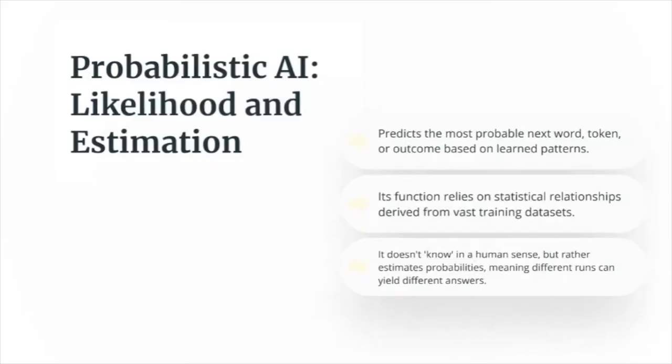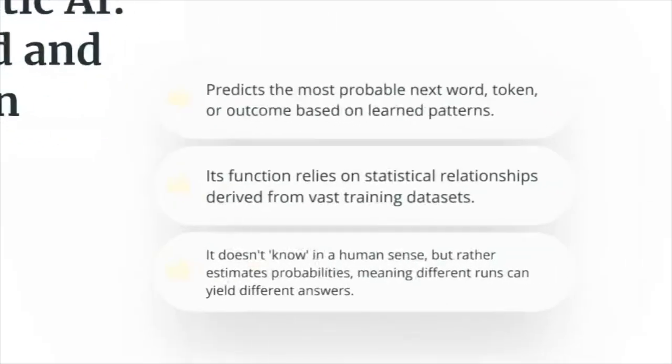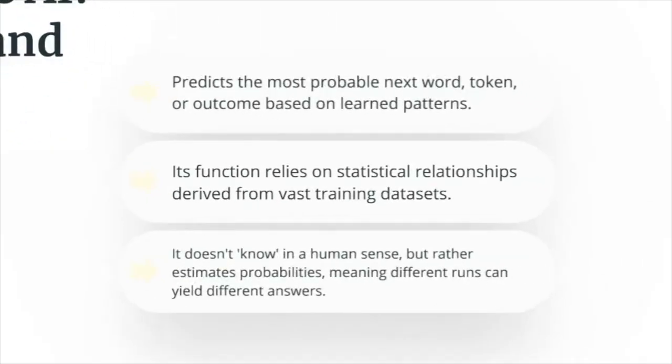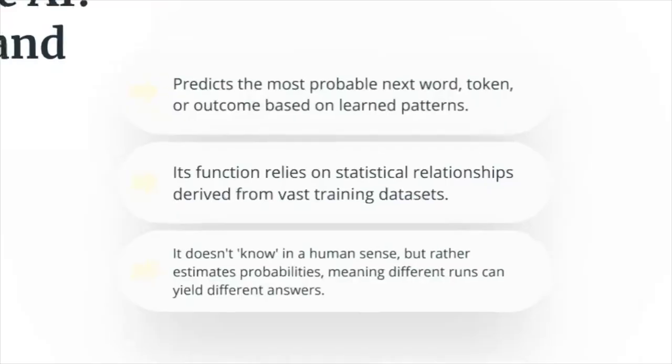Probabilistic AI, such as chatbots, operates on a completely different principle. These systems do not follow medical rules, pathophysiology, or diagnostic frameworks. Instead, they predict the next word or phrase based on statistical patterns from their training data. The output is shaped by probability, not certainty. This means that two identical prompts can produce different responses. It also means that the system's confidence does not necessarily correlate with correctness. While this probabilistic design makes chatbots flexible and conversational, it also makes them fundamentally unreliable for tasks that demand precision.